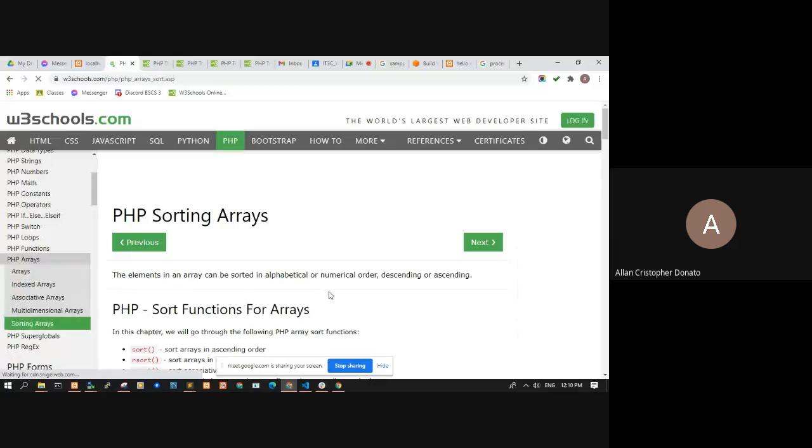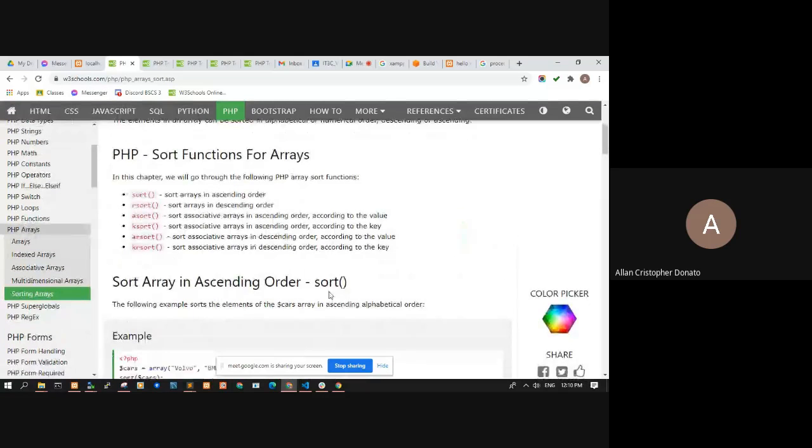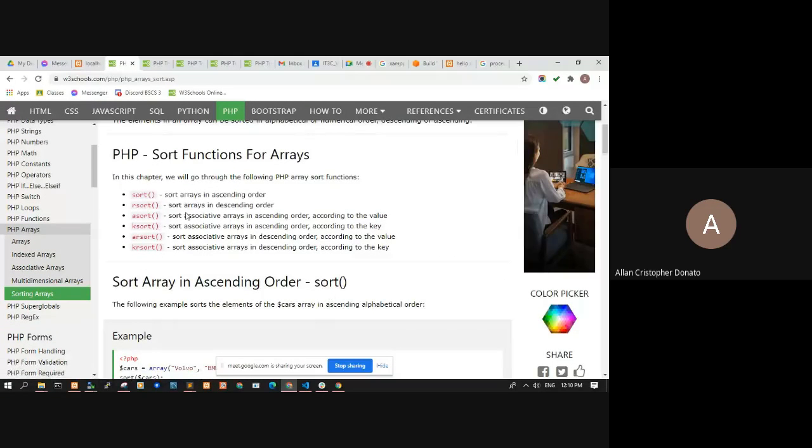And then sorting arrays, we have different sorting functions for arrays.